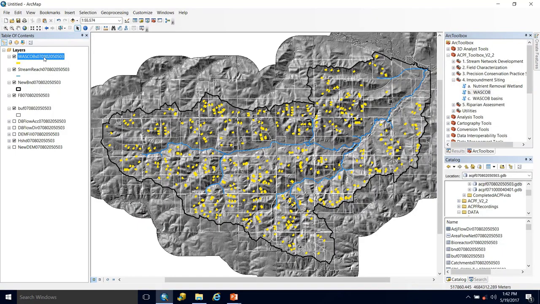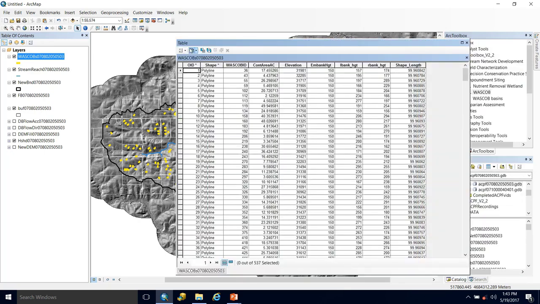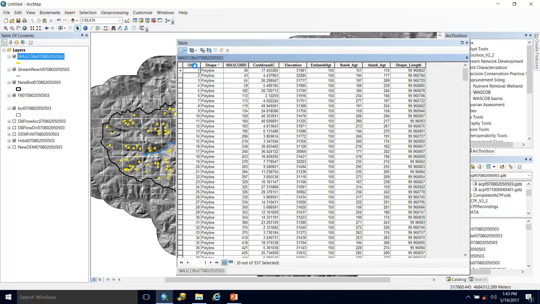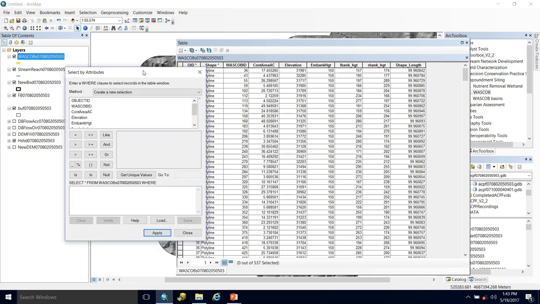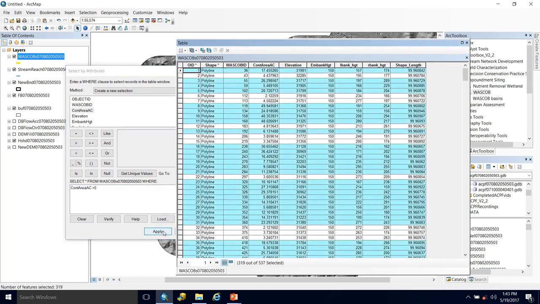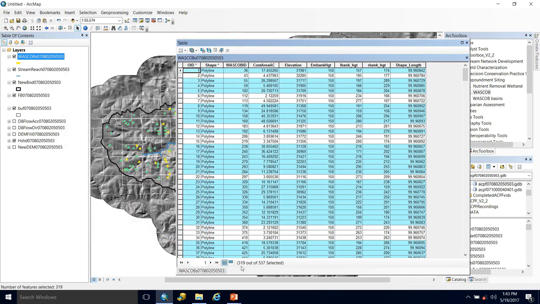I am going to apply selection to my WASCOBs so that the WASCOB Basins tool is only run on certain ones. So to do that, I opened up my attribute table. I click on the menu of options and I'm going to say select by attribute. And I only want to see WASCOBs with a contributing area that's, let's go with greater than 5 acres. So I'll hit apply. Alright, close. And we can see that I'm going to have 319 WASCOBs that are going to have basins generated